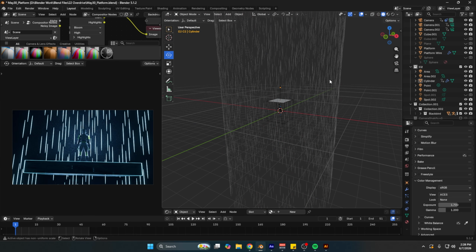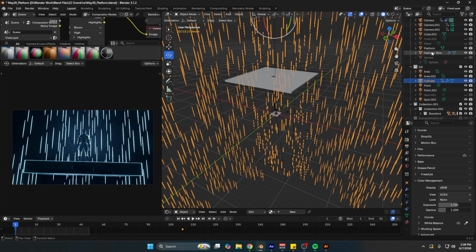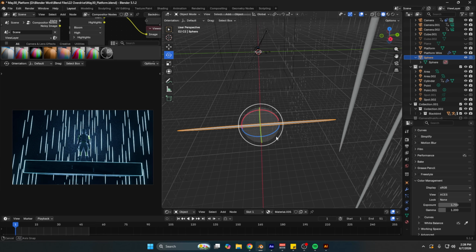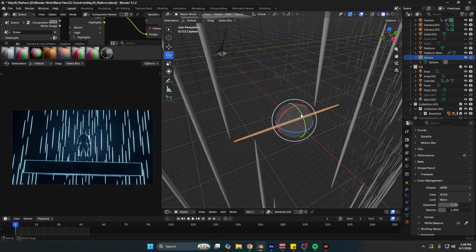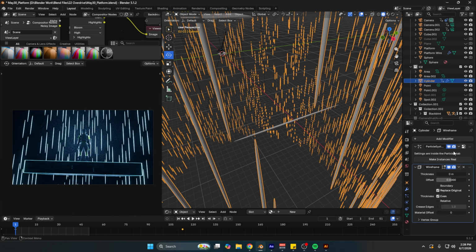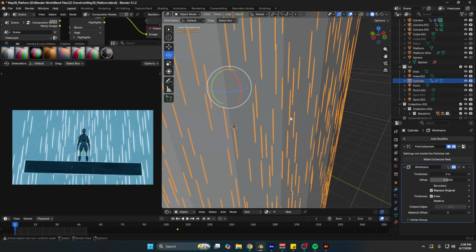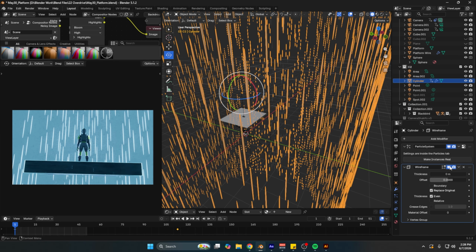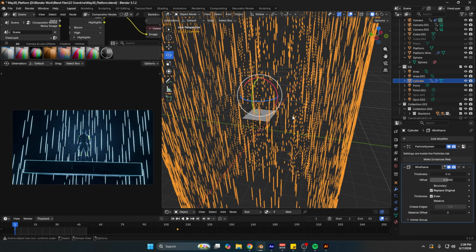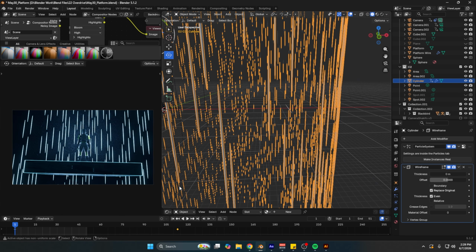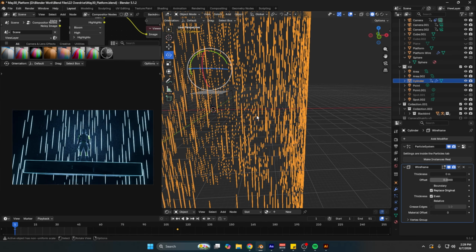So the first thing I did to get these light rays was I took just a basic sphere. And then I just scaled it on the y-axis to give it this long look. And then what I did was I made a cylinder, just a long cylinder like this, and then I applied a particle system to it, and then a wireframe to cut out, make it kind of opaque and get rid of the bounding a bit. Then all I did was I just keyframed the position to go up. As you can see, I keyframed it to go up,